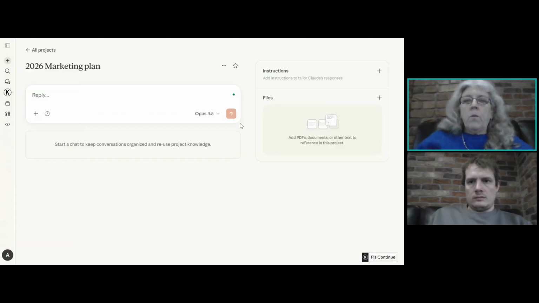But the really important bit is to add in all your references. So add in your creds, all your files and all your documents. Also, when you're in Claude, it creates documents that you can add to the project. So that's what it looks like when it's new. And if I